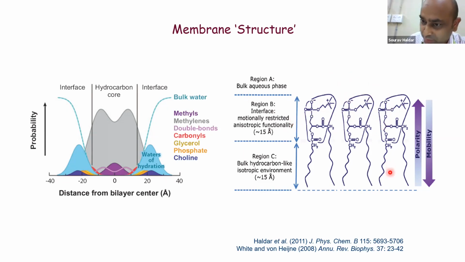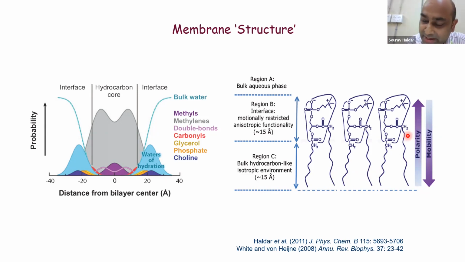But as we go down, there is nothing holding the molecules together except the van der Waals force. So things are more mobile in that sense. More mobile in the sense they have more rotational and vibrational freedom. So there is both a polarity gradient and a mobility gradient. In fact, they go in opposite directions to each other. And these two are very crucial factors for the organization of the membrane proteins.